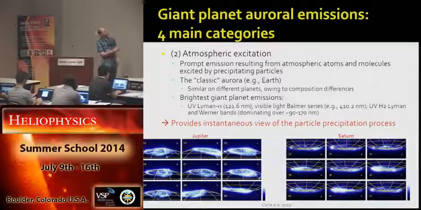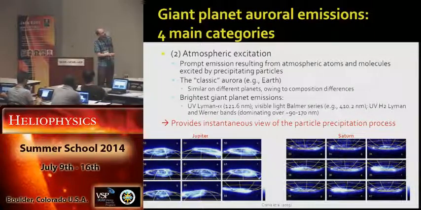So here is an example at Jupiter and Saturn, different UV aurora configurations, and then similar ones at Saturn. One thing to point out here is that the scale of the emission at Jupiter is about a factor of 20 larger than the scale of emission at Saturn. So Jupiter aurora are very, very bright, something on the order of hundreds of kilorayleighs versus more like 10 kilorayleighs